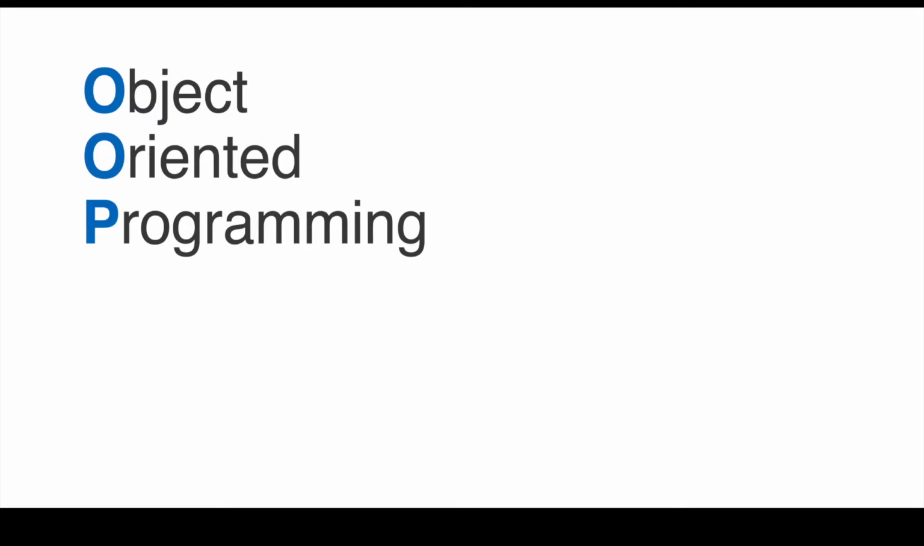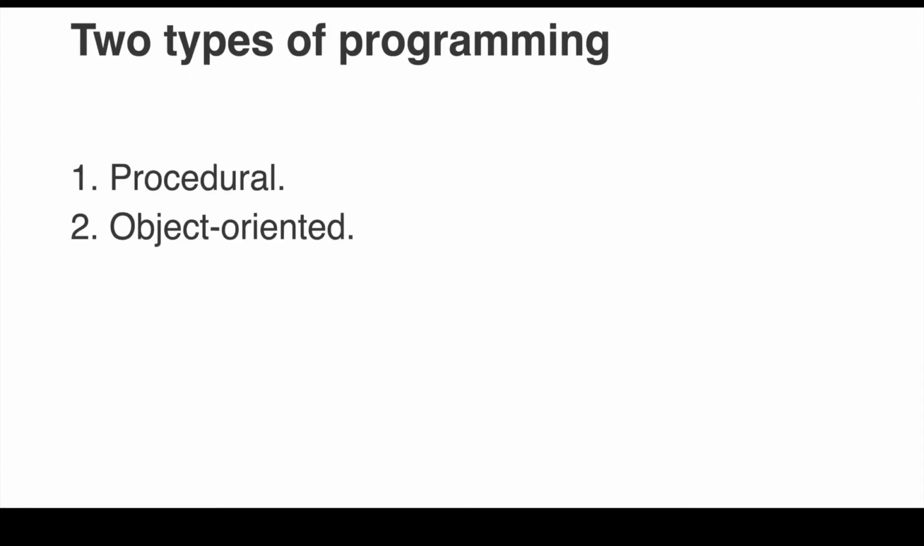So why is it called object-oriented programming? Well, let's start at the beginning. There are two types of programming paradigms. The first is procedural programming, and that's when you have functions operating on data. And the second type is object-oriented programming, where objects are created and they contain the data and the functions